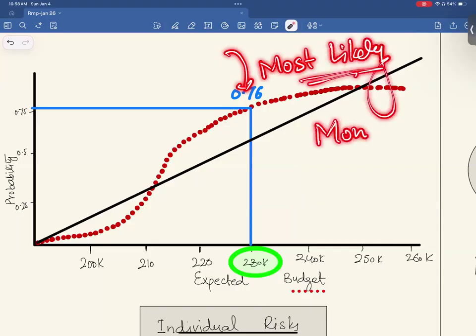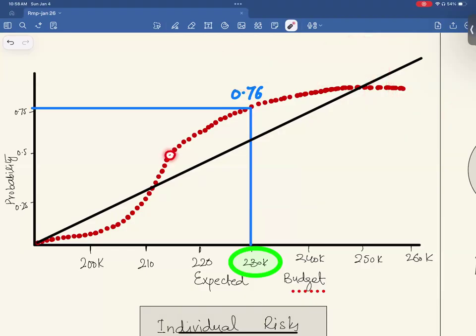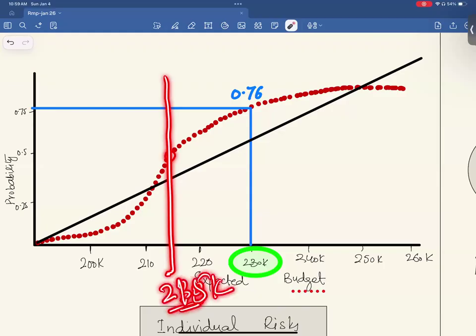This is what Monte Carlo simulation tells you. If Monte Carlo simulation tells you this is the most likely scenario, then what will happen? Anyone, please? What does it mean? At this probability, it will provide us this much cost or duration. Yeah, absolutely. So it will say you will end up completing your project in, let's say, 215K. And the probability to complete this is 50%,